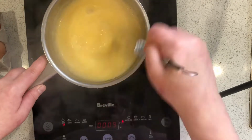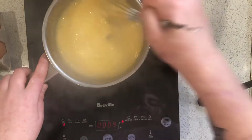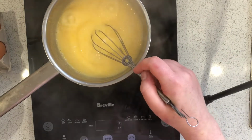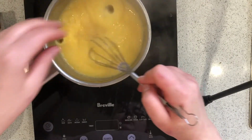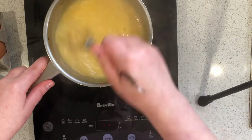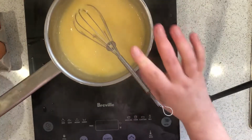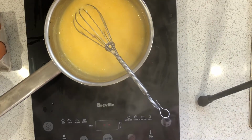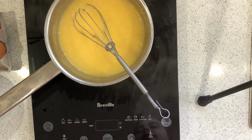So you want it to boil fully, like proper boil like that. And then you can turn the heat off. Add in your gelatin, which should be nice and soft. And now we're going to leave this for 10 minutes off the heat, but in the pot. So you're going to set a timer for 10 minutes. And the reason we're doing that is because we want...